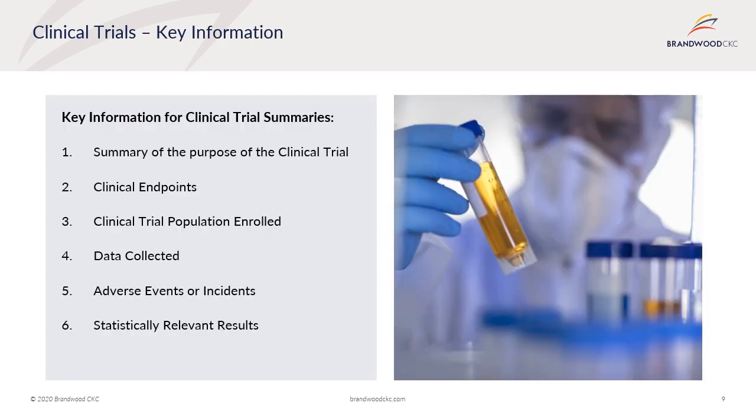A detailed yet concise summary of the clinical trials conducted on the device should be included in the report. So what type of data should you include? Firstly, summarizing the purpose of the clinical trial, what was done and why, including the endpoints, so what were you trying to prove, discussing the population, so how many were enrolled, what gender were there, the type of cohort, the data that had been collected,